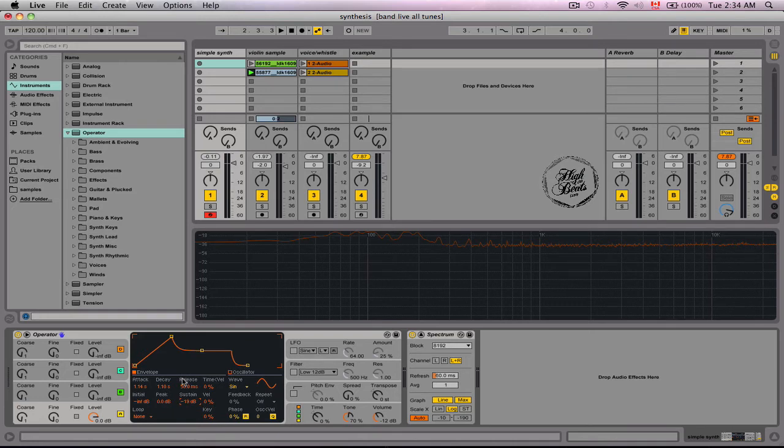So I'll give you another example. As you can see, it went to the attack in 1 second, and then in 1 second it went down from its peak down to minus 19 dB. Let's put this back up to